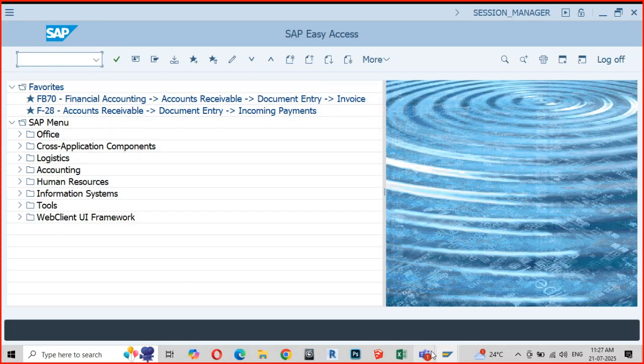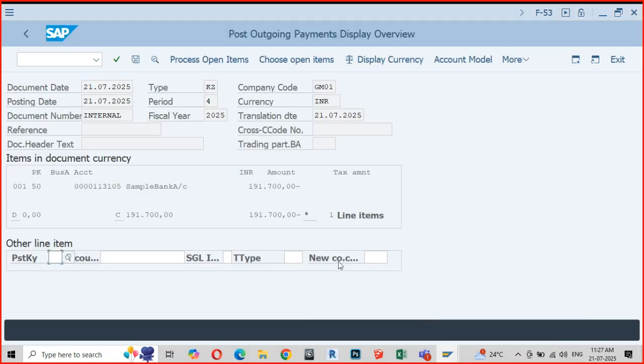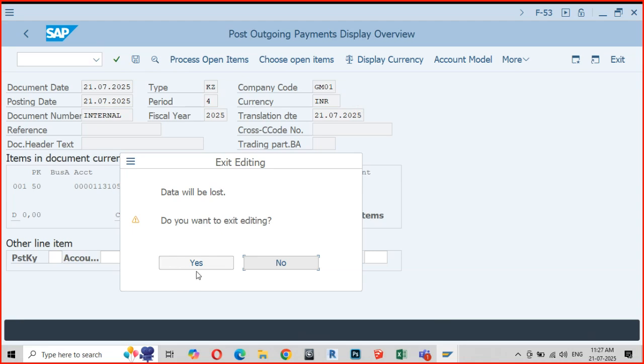Okay, now I carry forward with this. Now let me see. Incorrect. Okay, now I think I can post. Let me just check. Account determination. Okay, I'll exit and then come in again.